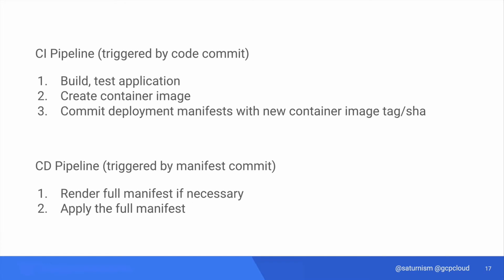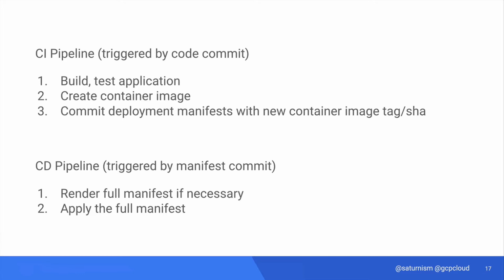Once the files are checked in, whether it's the application code or infrastructure configuration, we will then kick off the CI/CD pipeline. The CI/CD are in fact two stages. For an application code check-in, we'll kick off the CI pipeline, which will build and test the application, apply the code quality checks, then produce the container image. And rather than deploying the container image directly, the last step of the CI pipeline is to update the Kubernetes YAML file to point the container image to the latest version.